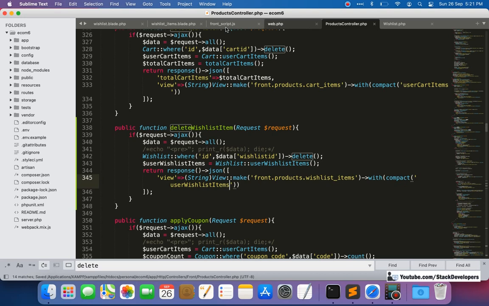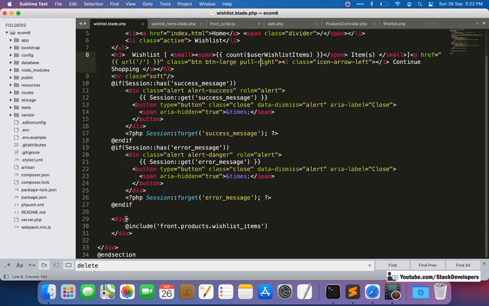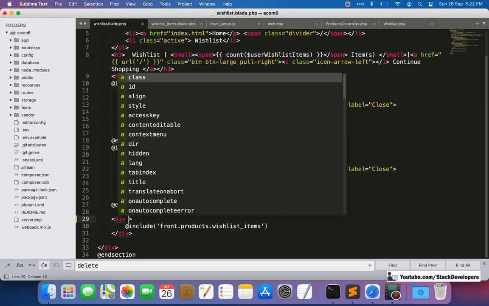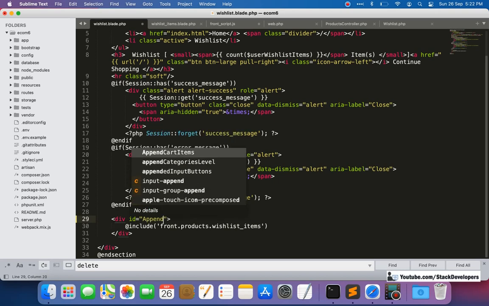And also here in the front script we need to update this one. Now we are required to append the wish list item here. So for that we need to add the id here to refresh this one. We are going to create its ID like append wish list items.